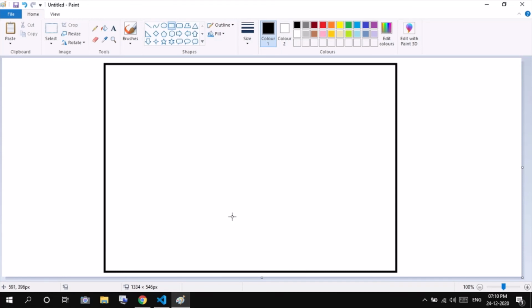The main advantage of the flexbox is that we can make all those divs to be positioned anywhere we want.